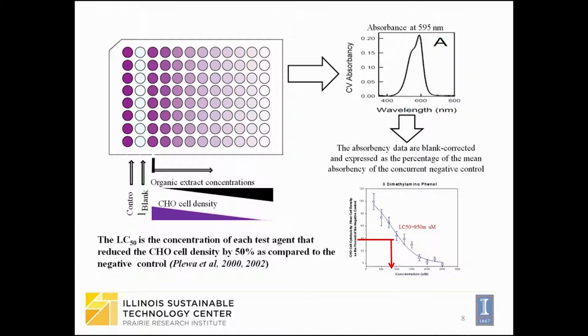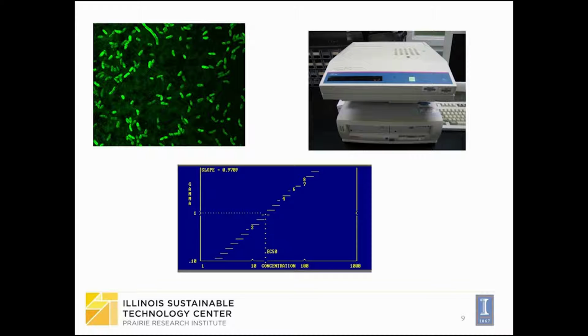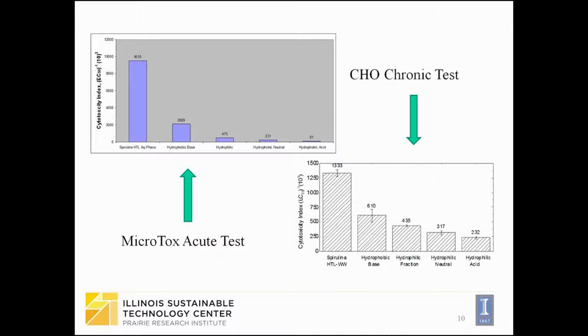A chronic toxicity test that we performed on the fractions utilized Chinese hamster ovary cells. This assay measures the cell reduction as a function of the concentration of fractions and is incubated for a period of 72 hours. The other toxicity assay that we employed utilized bioluminescent bacteria, and like the chronic test, we assayed the organism over a varying concentration of fractions over a period of 5 minutes, and we looked at the reduction of light